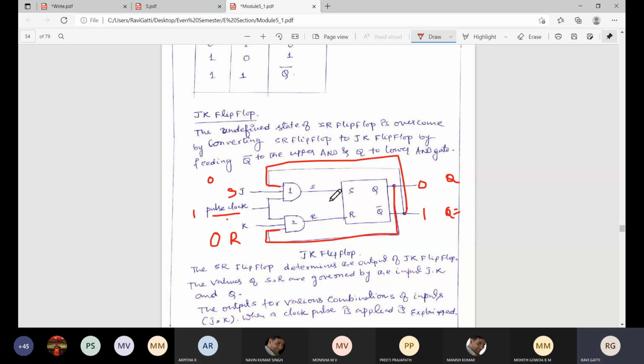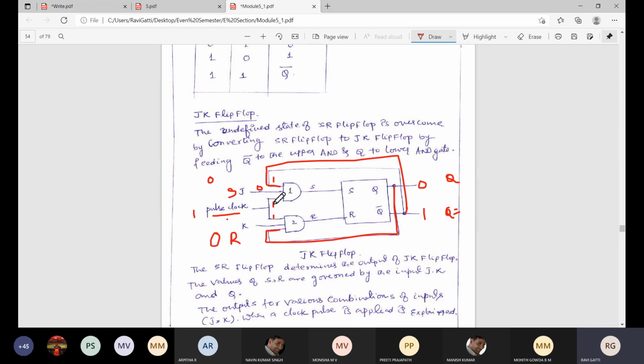Okay. So now you can see here, the clock will always be 1, right? So this terminal will be 1. Now what is this? We know that Q is equal to 0 and Q bar is equal to 1. So now I am feeding back over here, so this will be 1. Now what is Y? Y is equal to 0. So now what you got? 1, 0, 1. It is an AND gate.